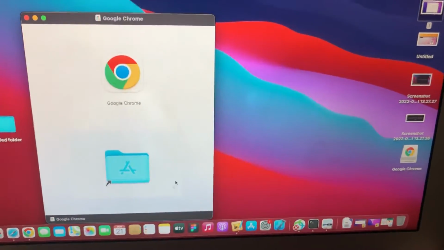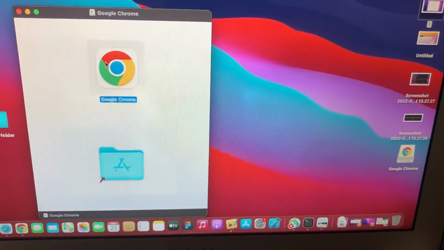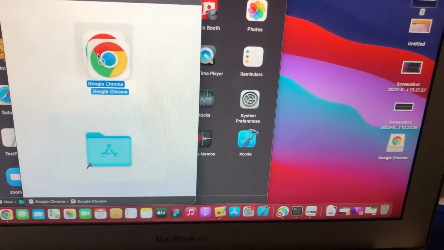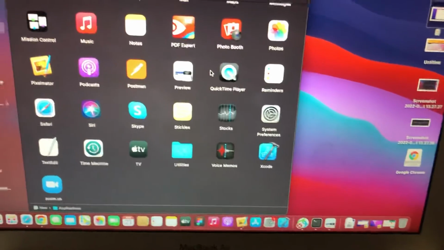So now just move it to applications, just get this icon and just move it to applications, and after it will successfully install Google Chrome to your apps, just open it